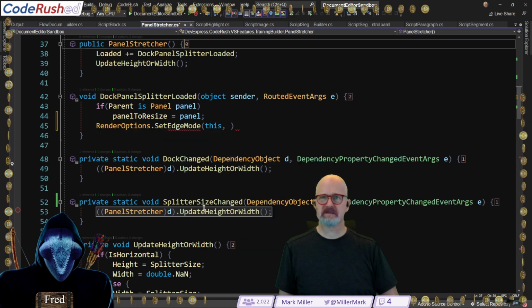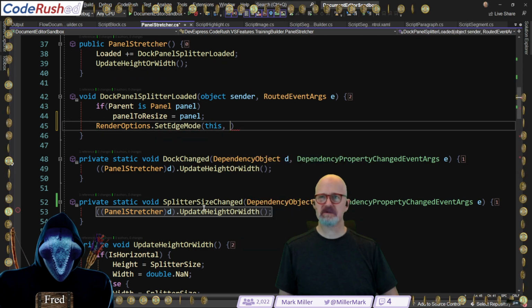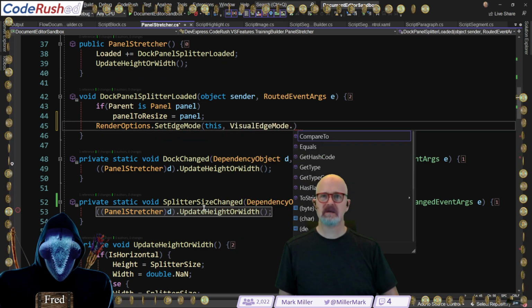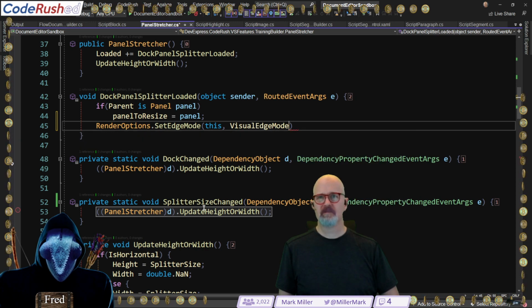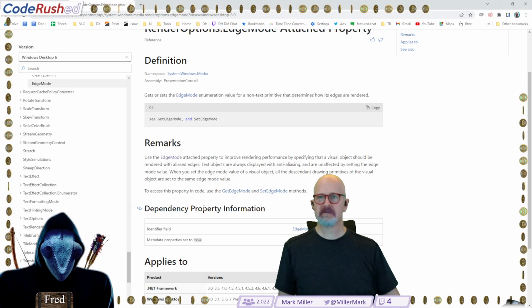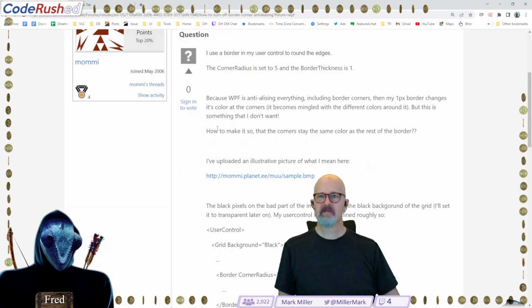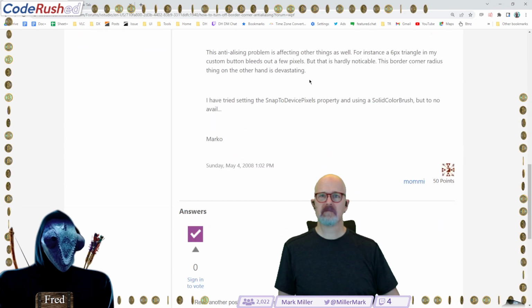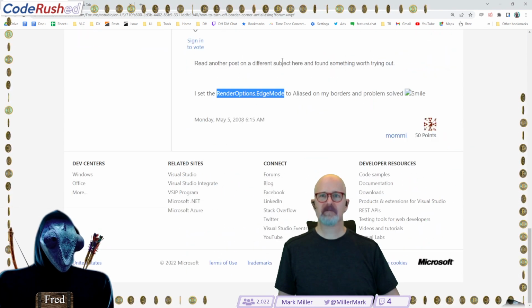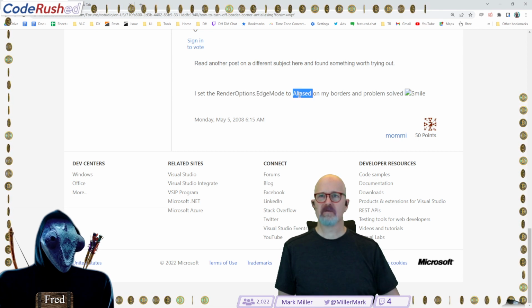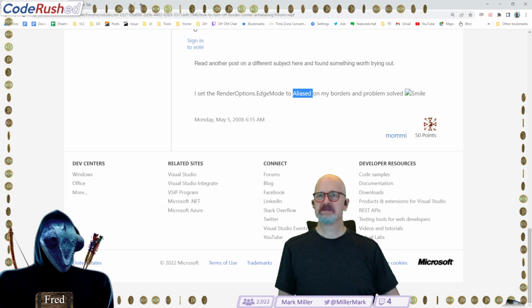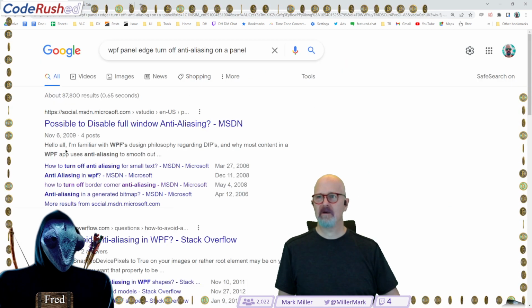Wait, what did it suggest at the beginning? It was a visual edge mode is what it looked like it was. No? What did the code say to use? I don't want it aliased. Render options, edge mode. Oh, come on.